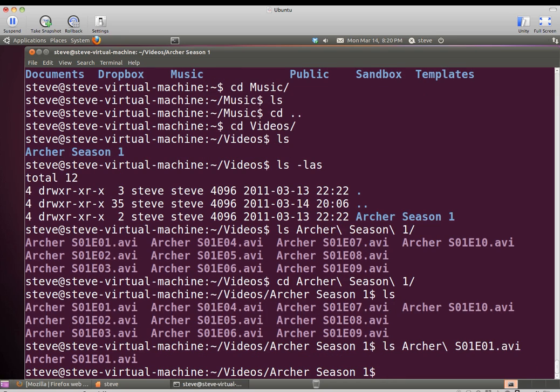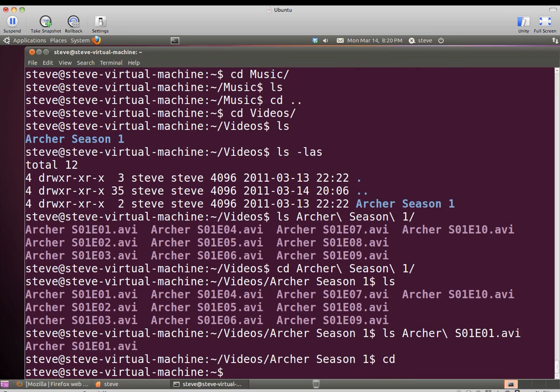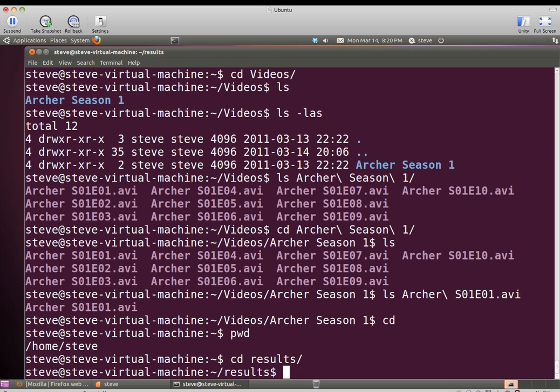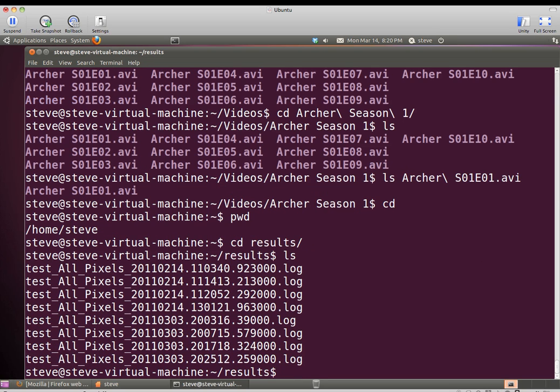Let's look ahead at one other issue about wildcards. I have an example here in a directory I have called results, and we'll just do a listing and take a look at that. Now here's a set of file names that look really long. And this is actually not unusual at all.